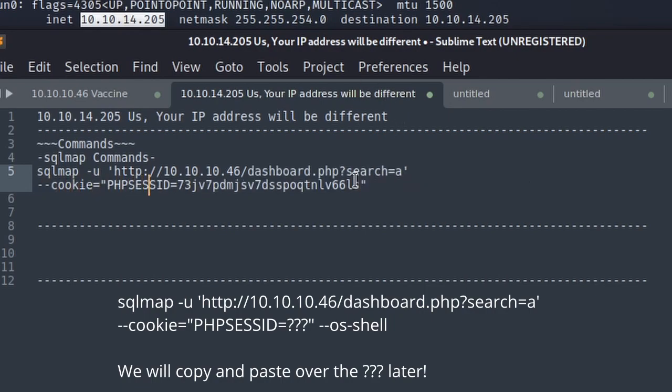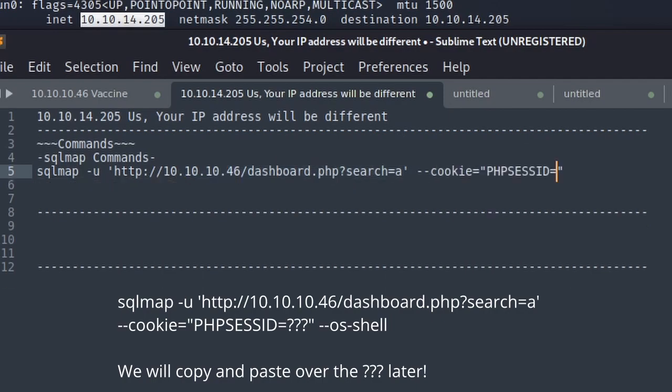--cookie equals, and then quotation mark PHPSESSID, and then the one that's already in there by default that the authors put in, that was their session ID, and it's always unique to everybody and to everybody's session with the web page. So I've just put 3 question marks for now, and then the last bit of the command we're going to need is --os-shell. So I've just put that command in there ready, so we can copy and paste it in nice and quickly